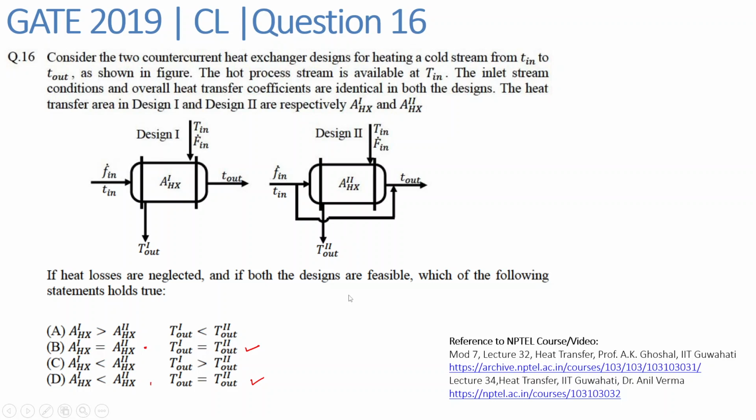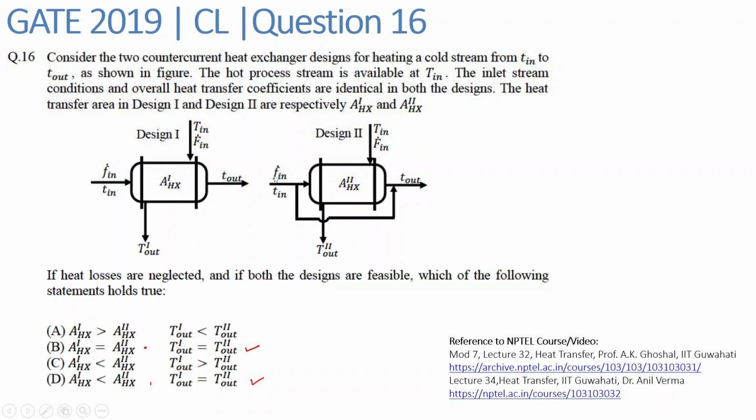Okay, so we looked at this question in which we had to find the relation between the area of the heat exchanger and the T outlet. Again, to revise, it was straightforward that T1 out will be equal to T2 out. But for comparing the area of the heat exchanger, we observed that since in this case we are mixing the cold fluid to the outlet temperature, in an ideal scenario the temperature will decrease. But since in this case we have been given that both T out are the same,